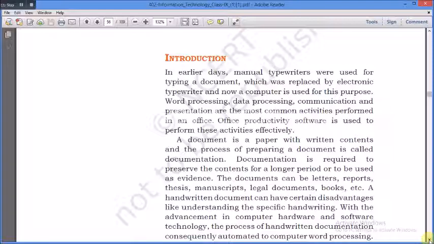was the typewriter. Now word processing, data processing and communication presentation are the most common activities performed in an office. In any office, whether a private organization or a government organization, word processing means creating and editing documents, and data processing means collecting data and processing data, such as in our school also we collect the data of students and we process